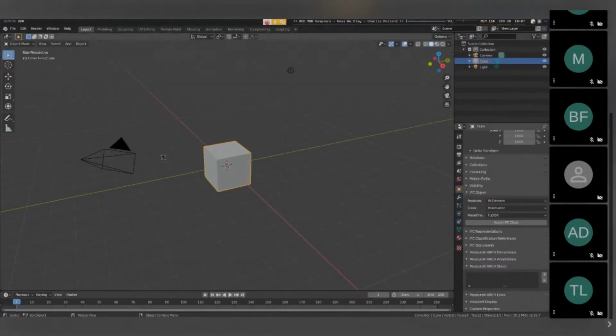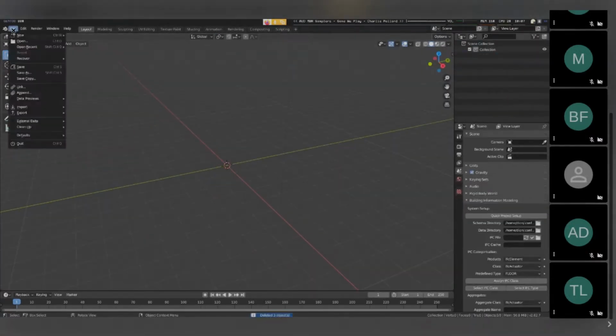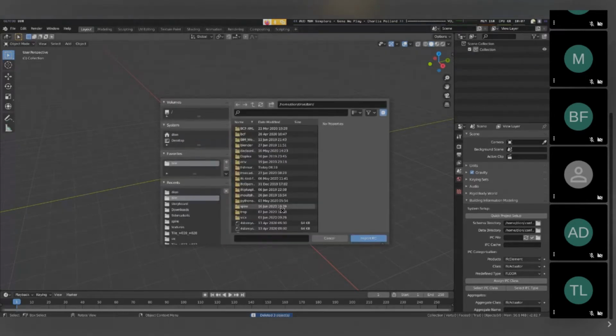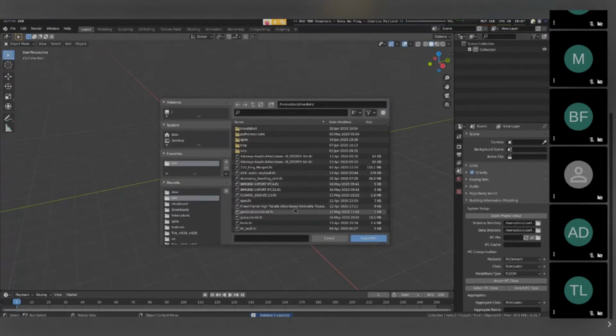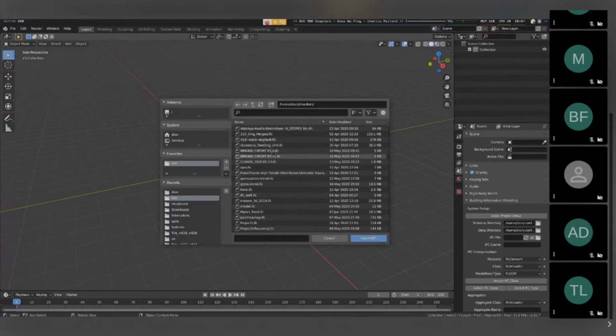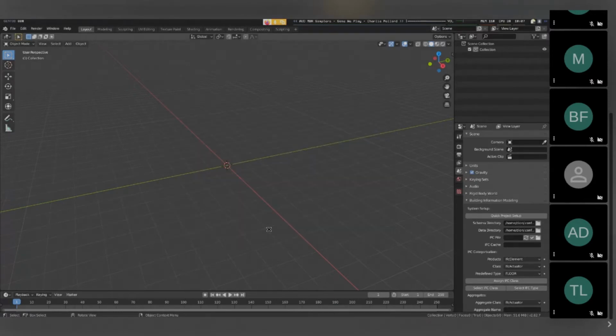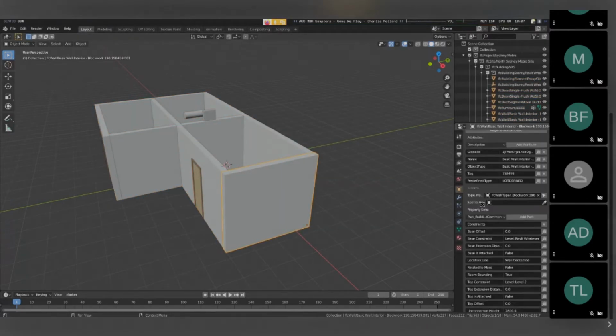Unfortunately, because I've been working on that native representations feature, I think it's a little bit broken at the moment on my computer. So if we load up a file,